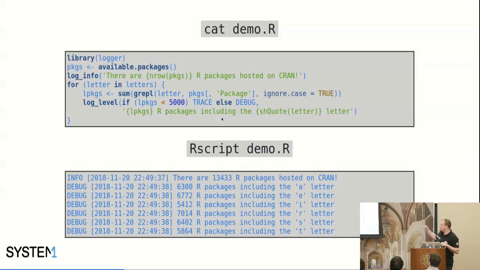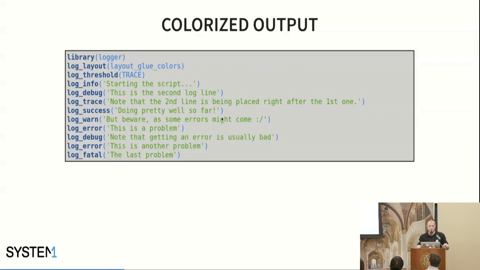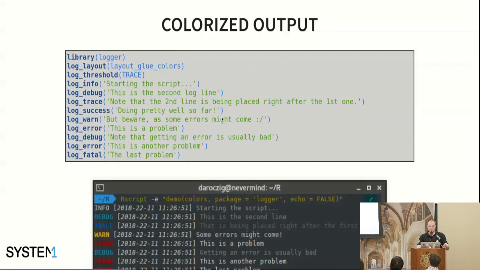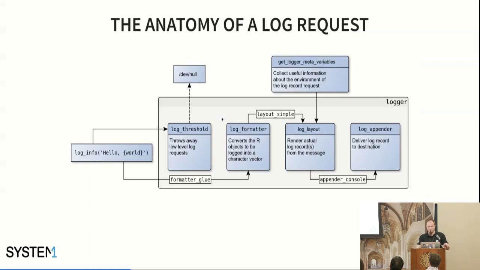And now this is what you see in the output. If you're running this R script with little r or Rscript in quiet mode, there are no startup messages. This is the only thing you see when running this script. So I think this is useful. This package has some other features like colorized output. If you're interested, please check the anatomy of the log request in this package, which makes it hopefully pretty flexible